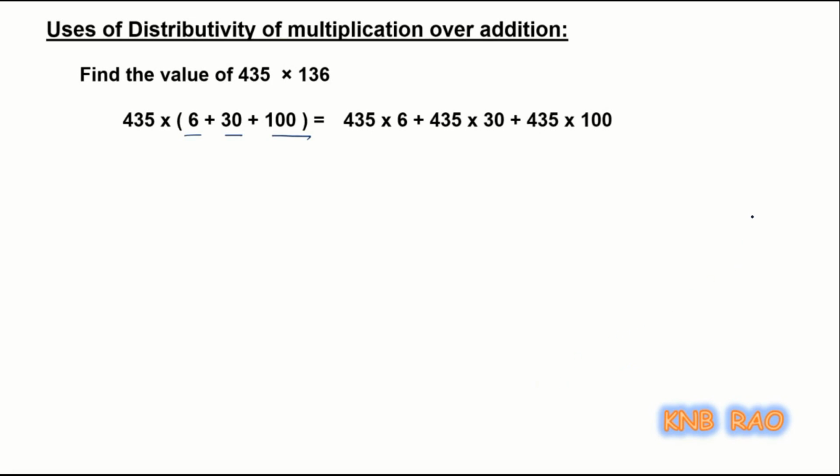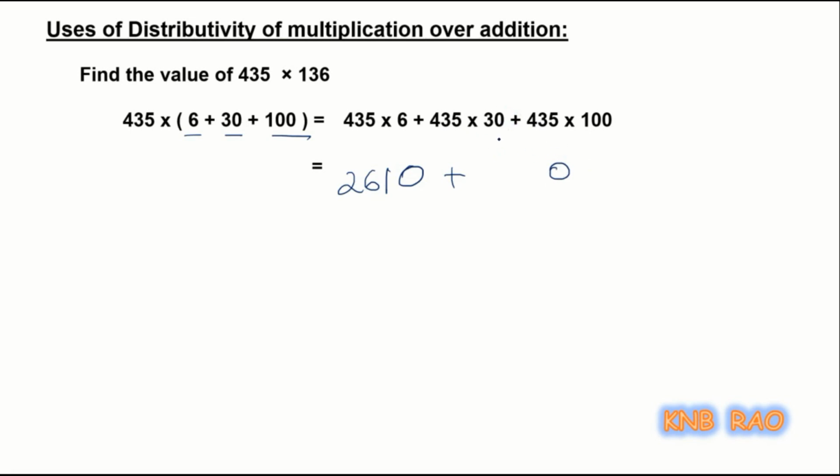Now, multiplying 435 with 6 is easy. How will we do it? It is very simple. 6 5s are 30, 3 carry, 6 3s are 18, plus that 3 carry is 21, 2 again carry, 6 4s are 24, plus 2, so 26, which gives 2610. Now multiplying 435 by 30 is easy, we just put a 0 because of this ending with 0.